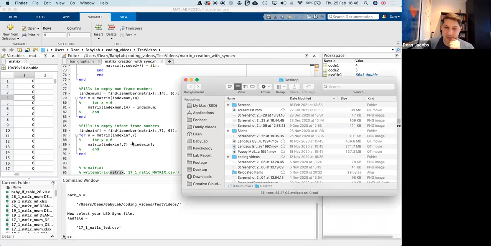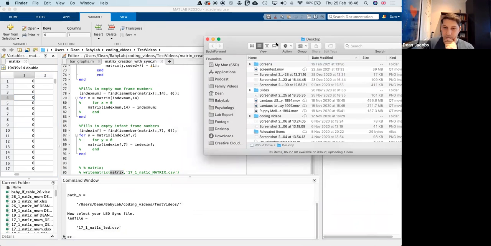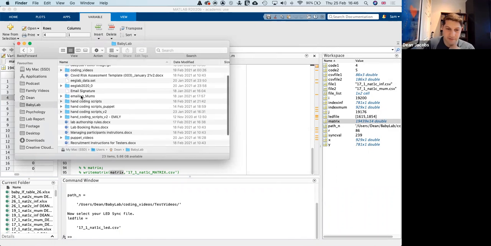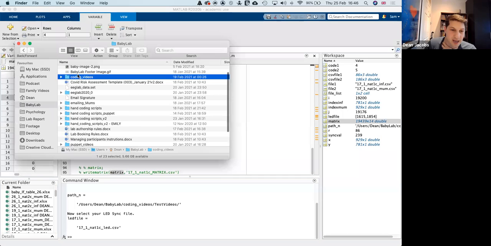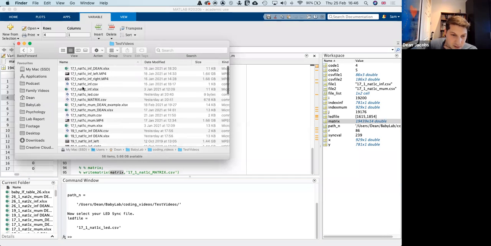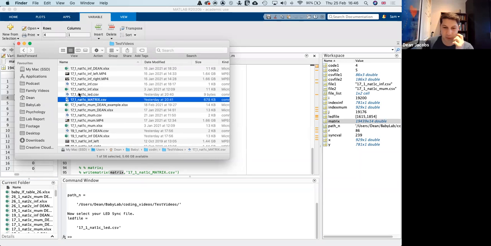I think you can see my whole desktop, right? Not just MATLAB? You can see me looking at my Finder, yeah? Yeah. So I've probably got one from before, and it spits out that 17_1 nat1c matrix CSV. There's the file from yesterday, whenever it was that I last ran this with that code